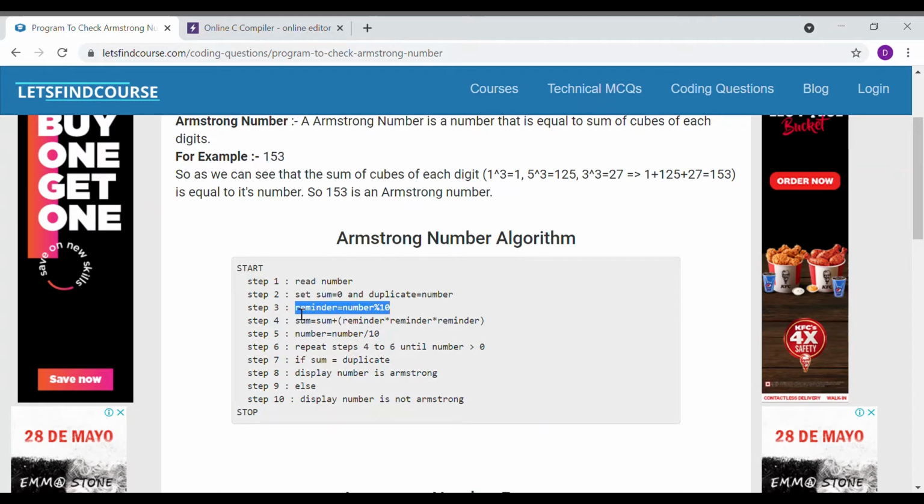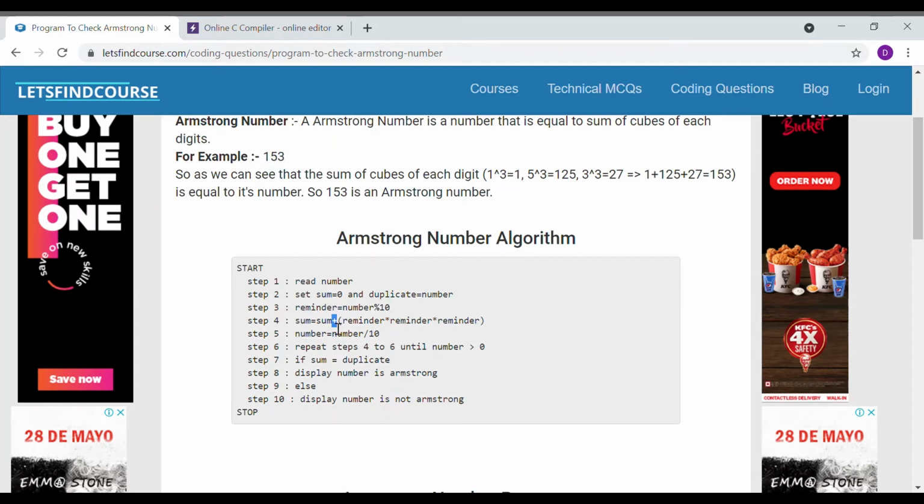So we are looping over this to get each digit. First 153 percent 10 gives 3, and then we divide the number by 10. The next time the number will be 15, and 15 percent 10 gives the remainder 5. In this way we are getting the digits of a number.